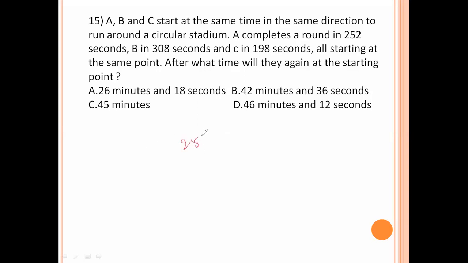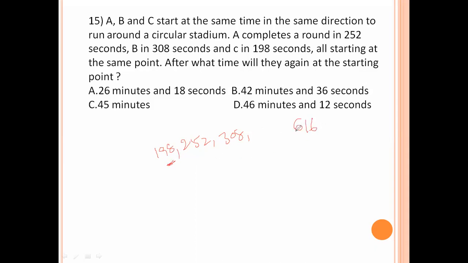So 252, 308, 198. 308 is not divisible by this one. 308 times 2 is 616. 616 is not divisible by 198. 198 times 4...